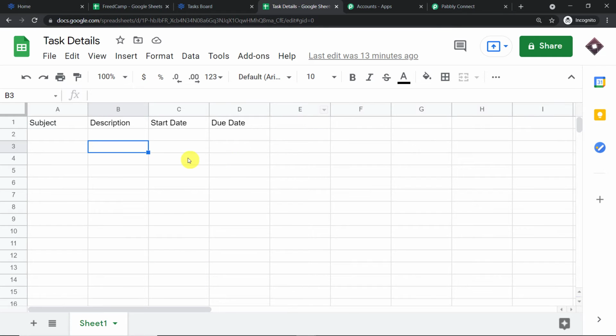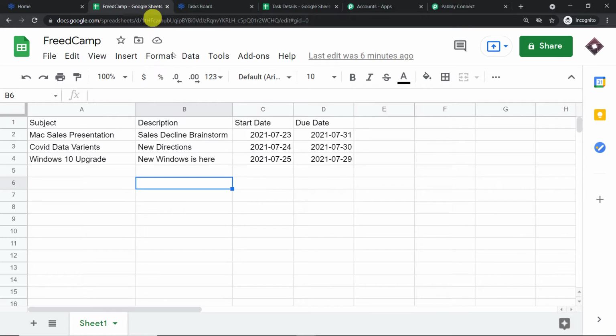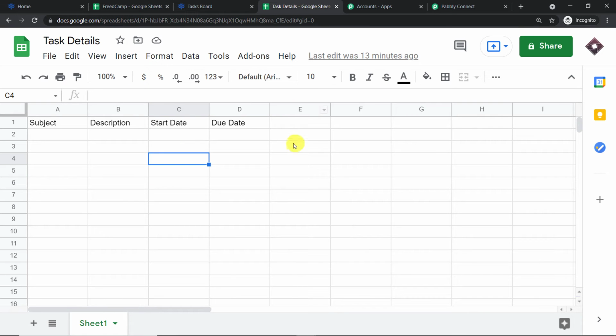So as you can see, this is a newly created Google Sheet. This is basically the clone of this old sheet, okay? Now I'm just trying to explain it to you from scratch. That is why I've created a new sheet, that's all. So you must be thinking, why are we working in incognito mode? Well, if you're working with Google Sheets and have multiple Gmail accounts, it is always advisable that you work in incognito mode. Otherwise, there will be the problem of authentication.